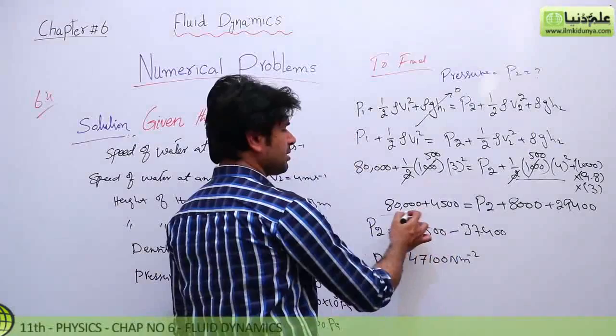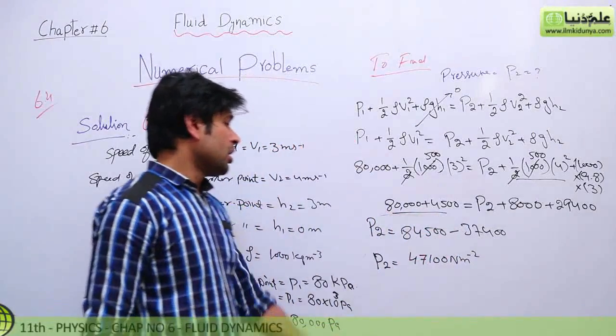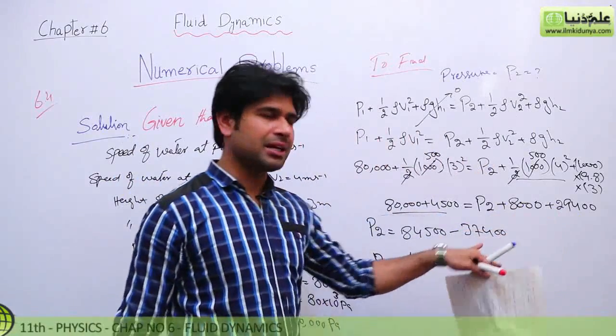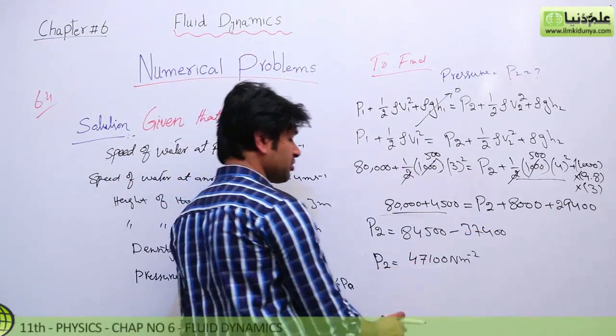Okay students, when we add this quantity, we will have 84500. When we add these two quantities, we will have 37400. When we subtract this, we will have